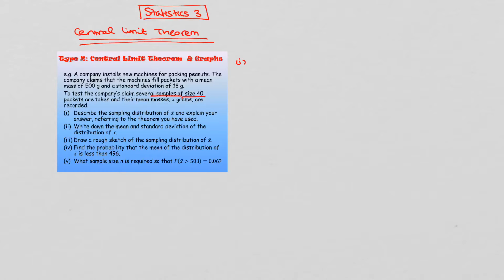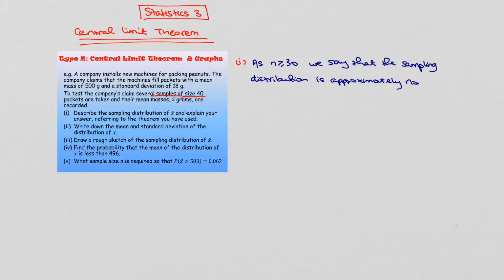So for the first part of the question, what we need to look at is the fact that the sample size is greater than or equal to 30. So we say as n is greater than or equal to 30, we say that the sampling distribution is approximately normal by the central limit theorem